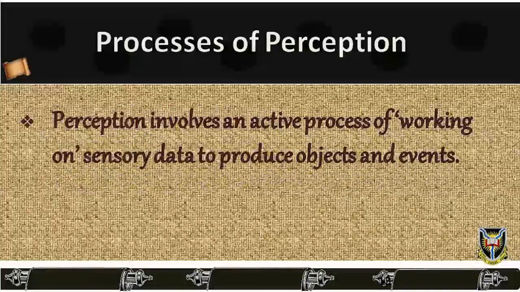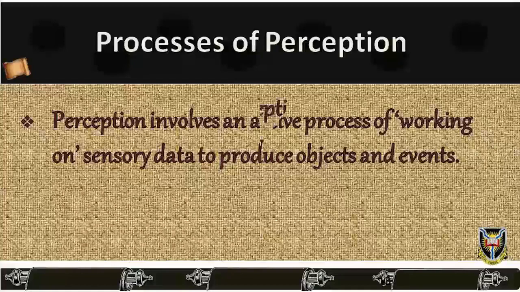Perception involves an active process of working on sensory data to produce objects and events. This work involves many physical and psychological factors. For example, there is music or noise in the vibrations that stimulate the ear. The brain organizes and interprets nervous impulses from the ears as sound. Together, the sense organs and the brain transform physical energy from sound waves and other environmental stimuli into information about